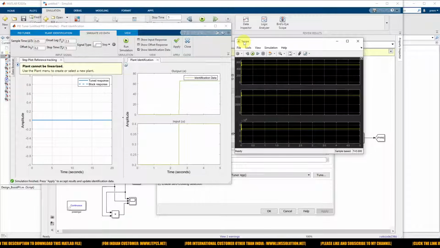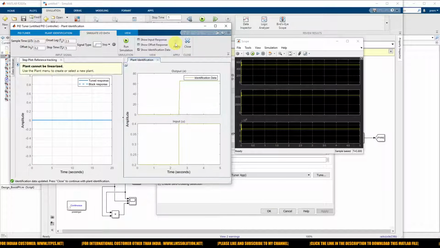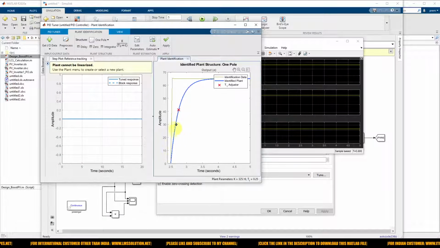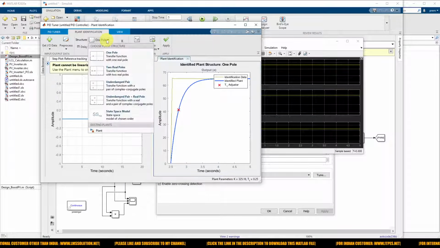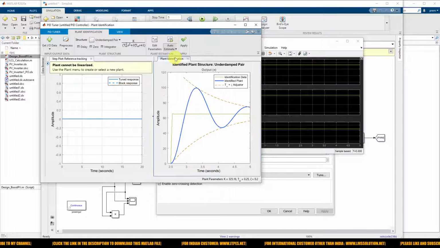Now the simulation process is completed. Here you can see that we have got the identification data, that means the error data. So now I'm going to accept this data, then close. Next we need to identify the plant. We can identify the plant in the following structures: one pole transfer function, two real pole transfer function, underdamped transfer function. So here I'm going to select the underdamped transfer function, and then I'm going to auto estimate the transfer